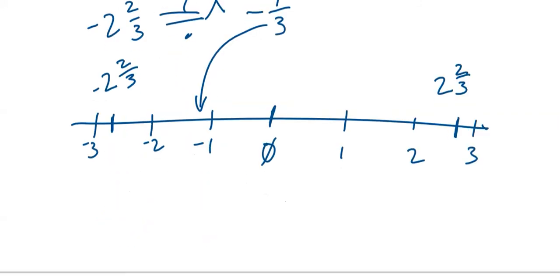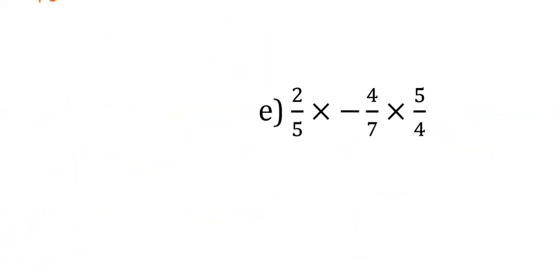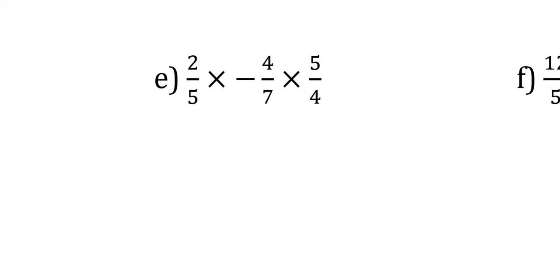What if I'm multiplying 3 fractions? We talked about this before. Yes, you could do the first 2 and get an answer, and then do the next ones in steps. But I would say you could probably go straight across. 2 times 4 is 8. 8 times 5 is 40. And I've got one negative, positive, negative, positive. So my answer is going to be negative